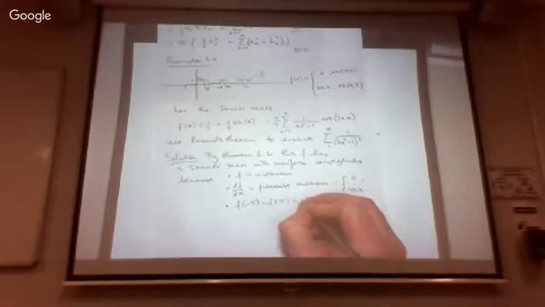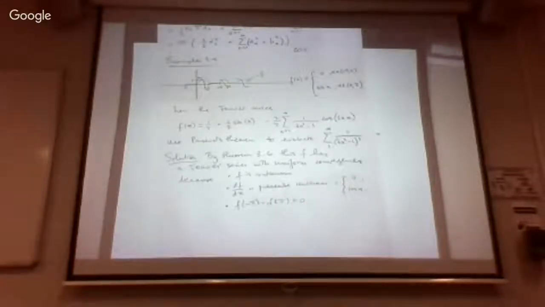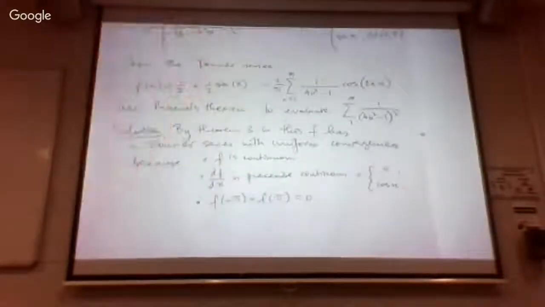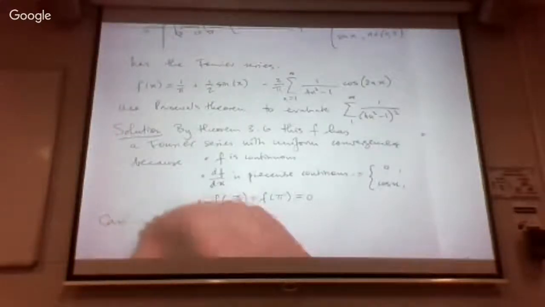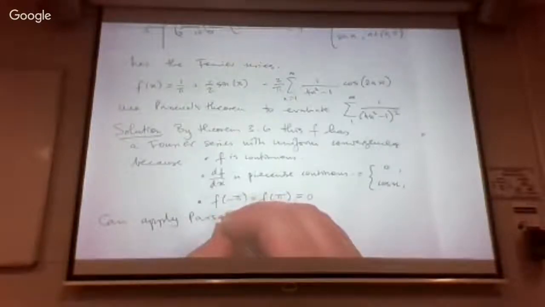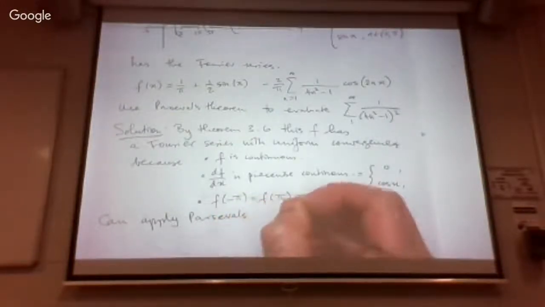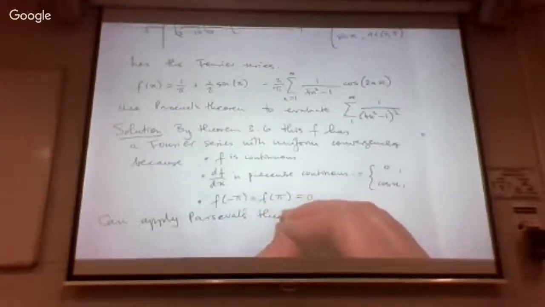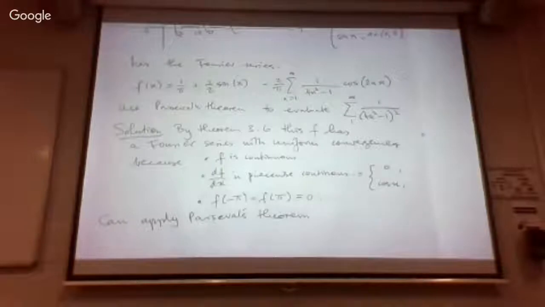So these were the three conditions for theorem 3.6. So this guarantees that this Fourier series is converging uniformly. So we can apply Parseval's theorem. Piecewise, okay, I can see that. So let's apply it. It says so